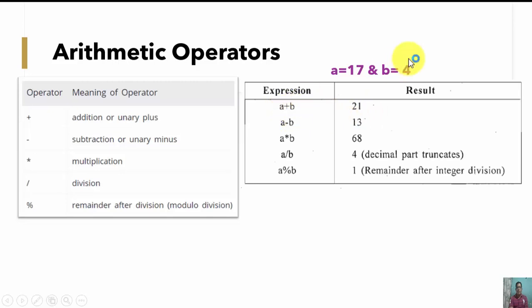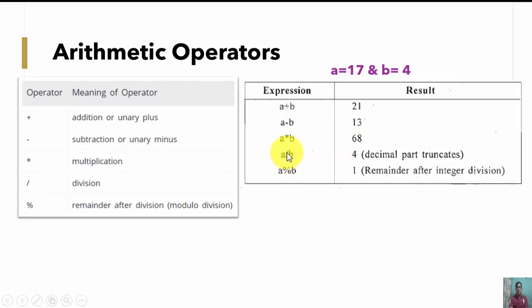A plus B, the addition of these two values, that is 17 plus 4, gives 21. A minus B, that is 17 minus 4, gives 13. A multiplied with B, so 17 multiplied with 4, gives 68.